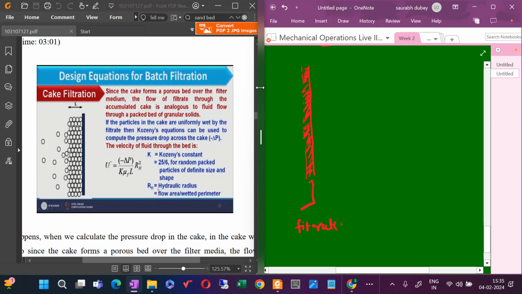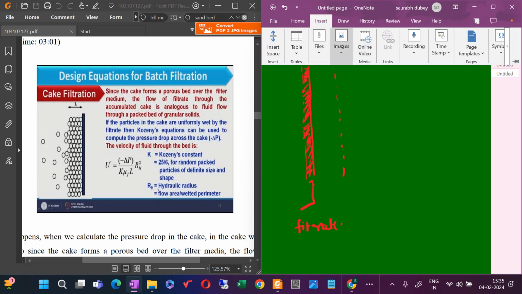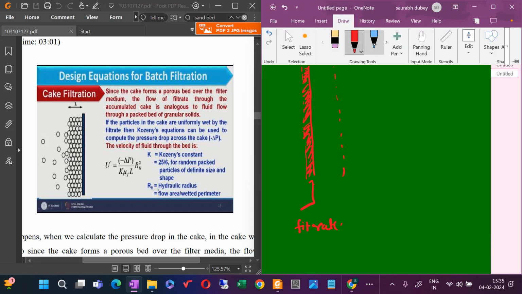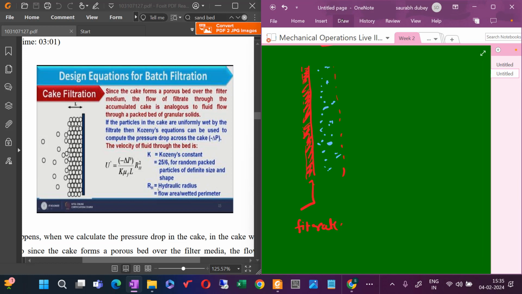Filtrate layer, and here slurry is coming up, so there is a layer of cake forming, and that cake will be providing its own resistance. So this resistance is because of the cake. So there will be cake. So this cake is what? This cake is a porous bed. Okay, this forms a porous bed